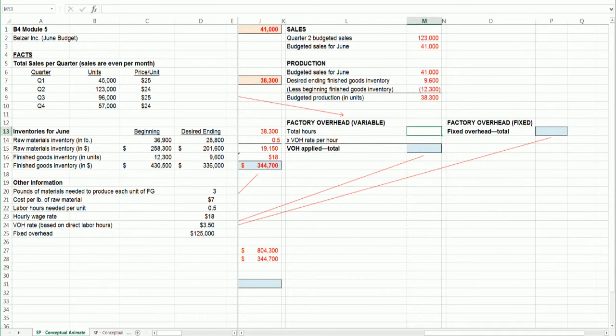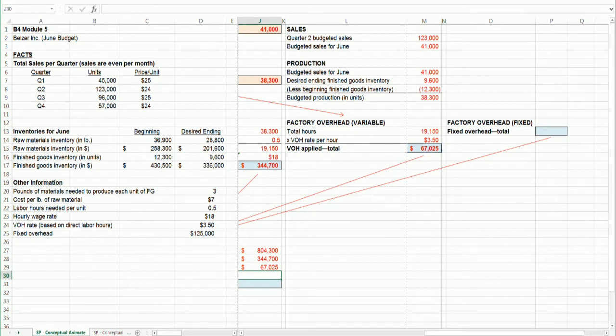The next one is factory overhead, but they're getting easier. You probably can guess that from the number of lines we have. But what's our factory overhead? Well, this one is even easier because they tell us that variable overhead is driven by direct labor hours. So all I need to know is, how many hours of direct labor are we going to have? Well, we've already figured that out, 19,150. The problem tells us that for every hour of direct labor, we're going to incur $3.50 of variable overhead. So all I have to do is multiply those two together, and I get 67,025. I'll go ahead and bring that down here.